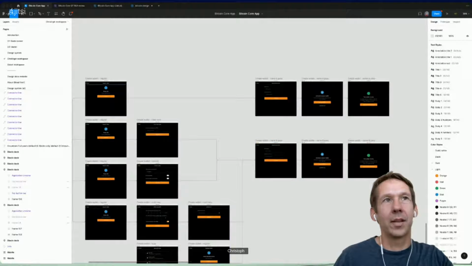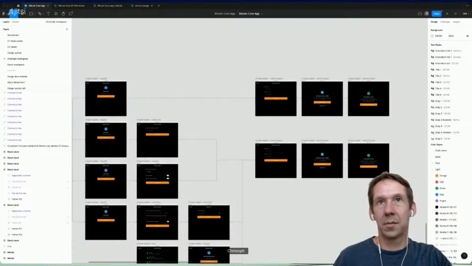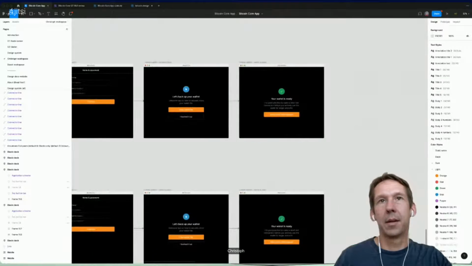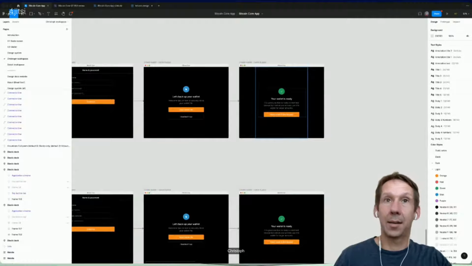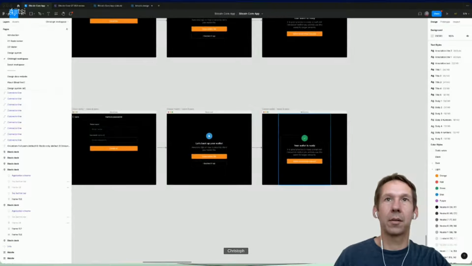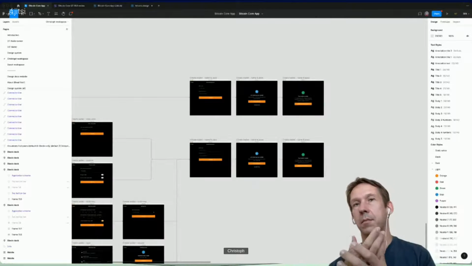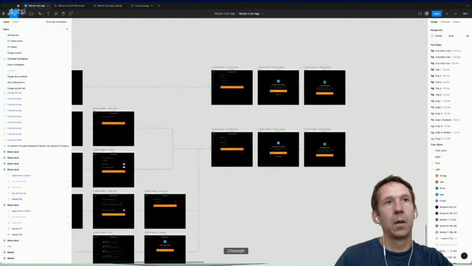Then, okay, very simple. Here's some information. It's what you need to consider. Enter your name and password. Back it up. While it's ready, but make sure to make your initial deposit. And who knows, after this one, it could show a QR screen potentially. Then